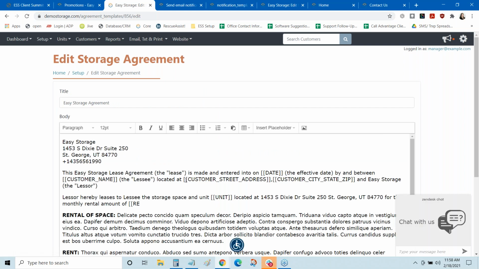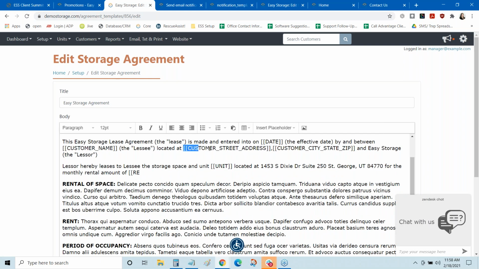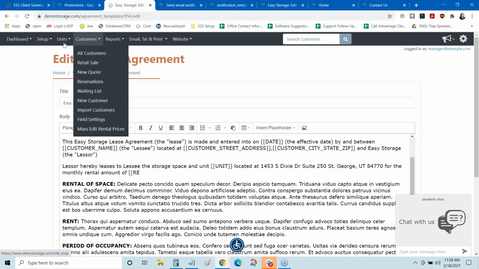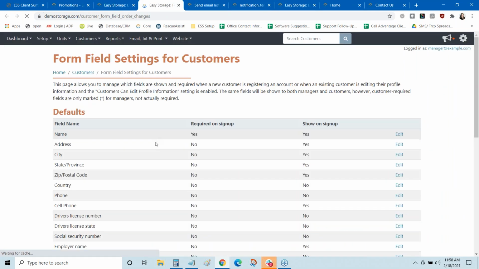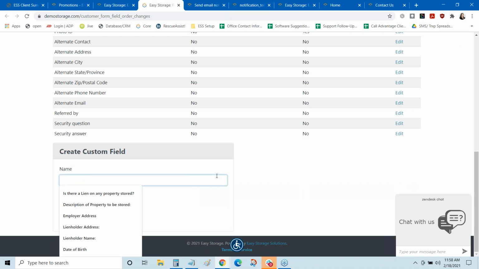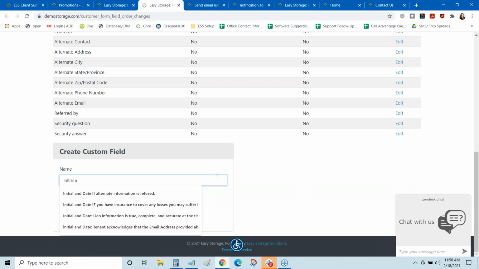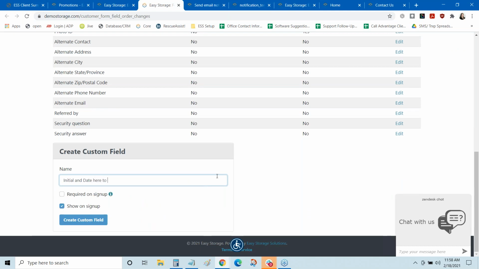on the storage agreement, we have these wonderful little things here called placeholders. And placeholders will fill in information like the customer's name, the unit number, and so on. We can create custom placeholders. So under customers and field settings, we can add additional custom fields. So we can say initial and date here to acknowledge